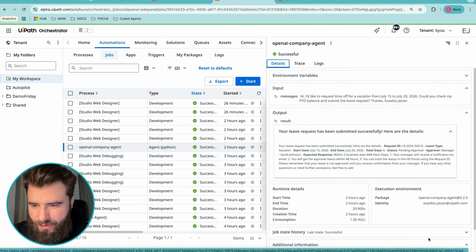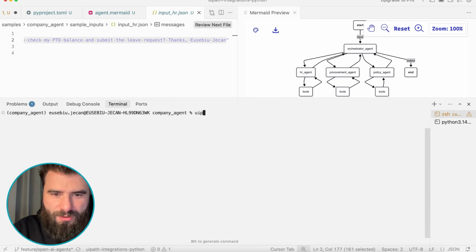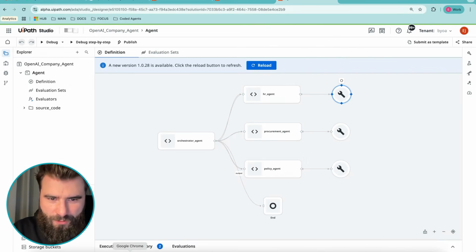having the confirmation email. On top of having OpenAI agents natively deployed to the UiPath platform, we can make them part of the UiPath Studio design experience using the uipath push command, which takes the source code and the relevant dependencies and pushes them to the UiPath Studio project. Once I switch to UiPath Studio, I can see the same